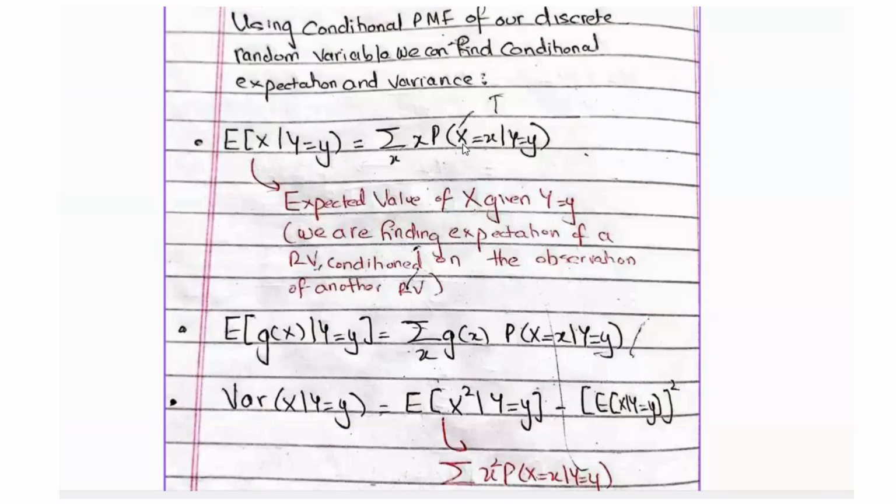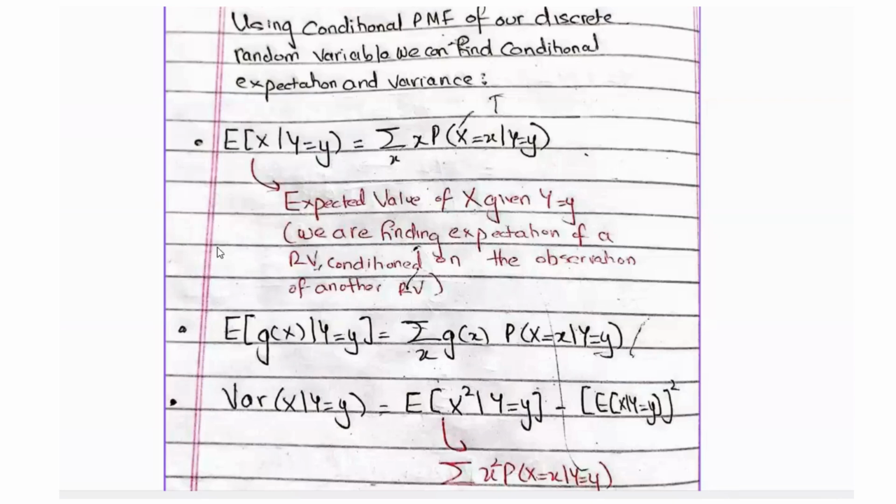And this is found as summation over all x of x times probability x is equal to x given y is equal to small y. This is very similar to the formula for expectation of a discrete random variable x, which was expected value of x is summation over all x of x times probability x is equal to small x. Here the only difference is that because we want the expectation of x conditioned on the observation of y,